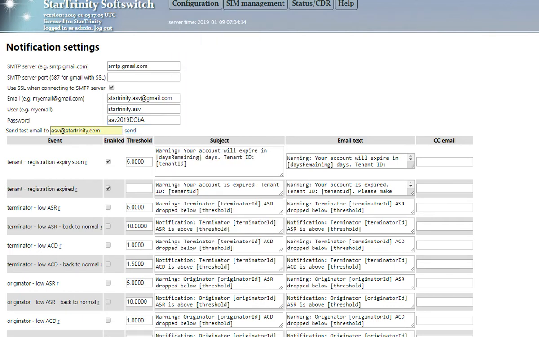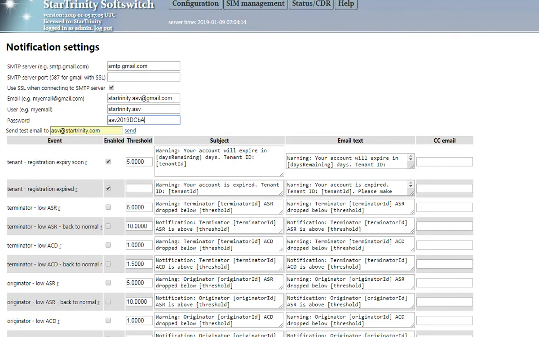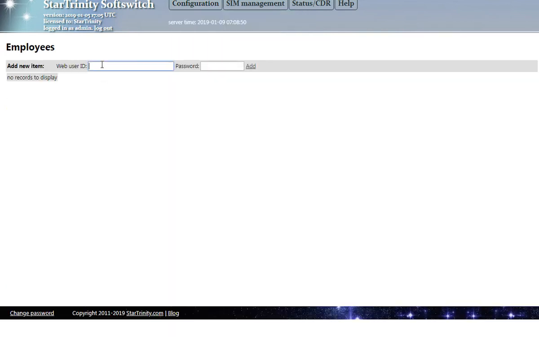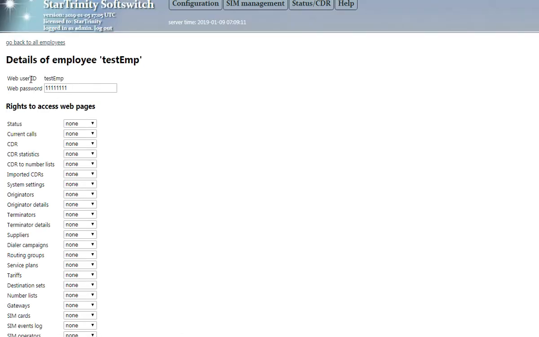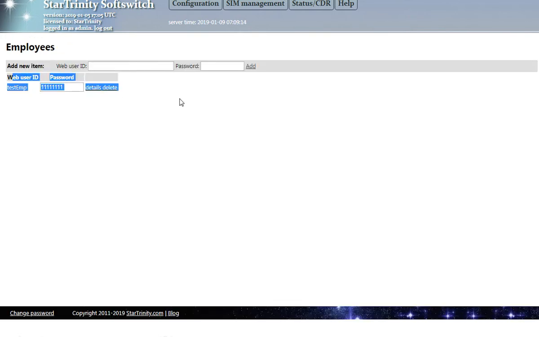Next, employees are important when you are a GSM terminator wholesaler, US wholesaler. When you have some employee, you add a new employee. Let's add some test employee and some password, 1111. You should not use a simple password. It's just for tests. Add a new employee, and there is one employee in this list,